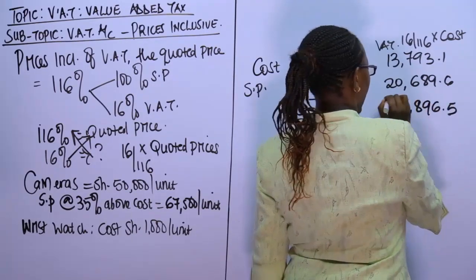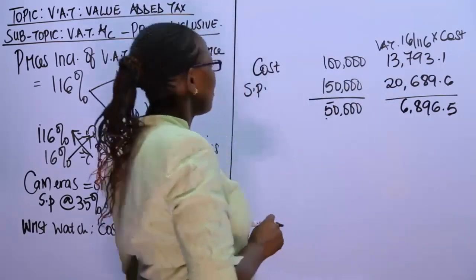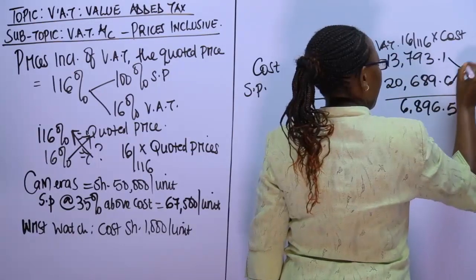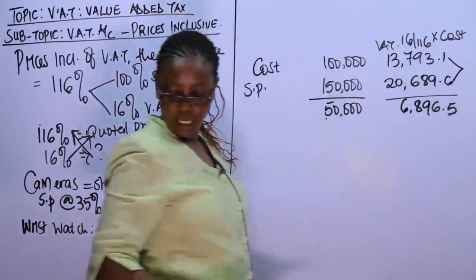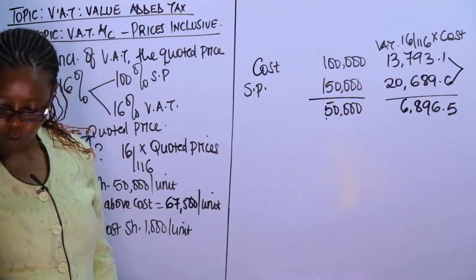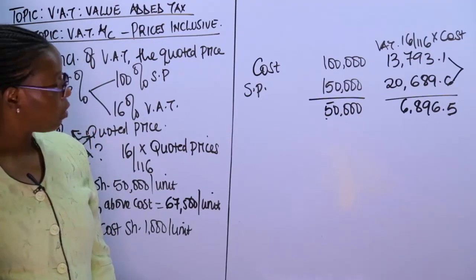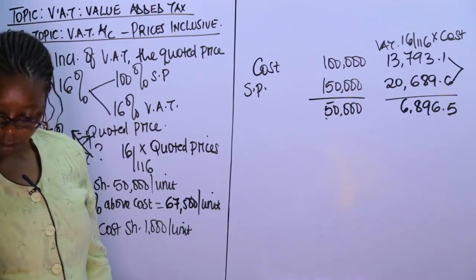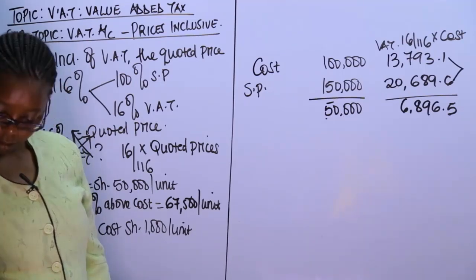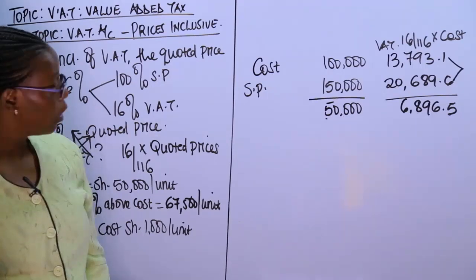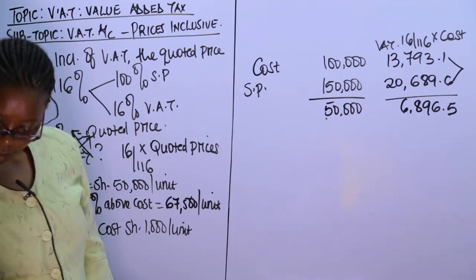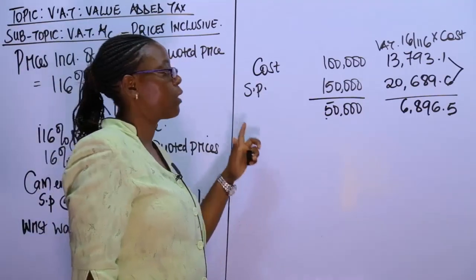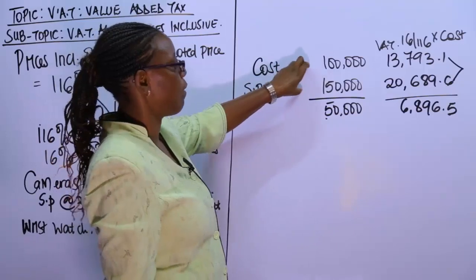6896.5. So if you take the output, which is 20,2689.6, which is what they have collected, minus what they had paid, 13,793.1, you get 6896.5. So what this proves is that the difference is the value that they have added,